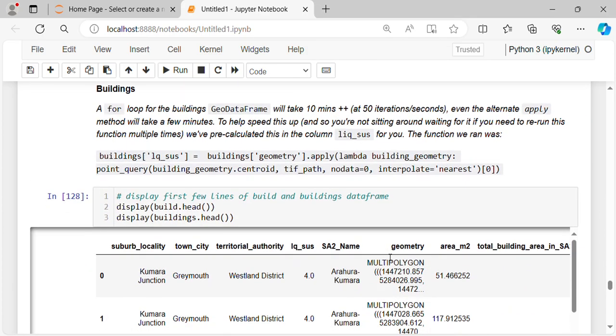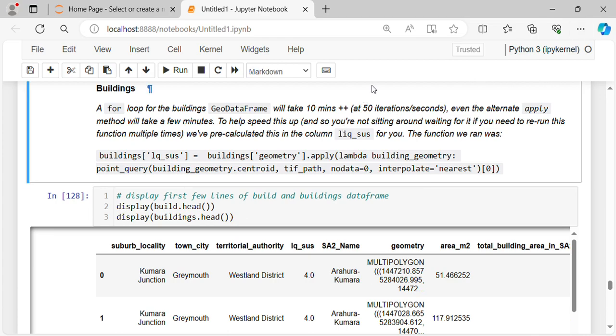So first, for the buildings GeoDataFrame, a for loop will take more than 10 minutes at 50 iterations per second. Even the alternate apply method will take a few minutes. To help speed this up, and so you are not sitting around waiting for it,